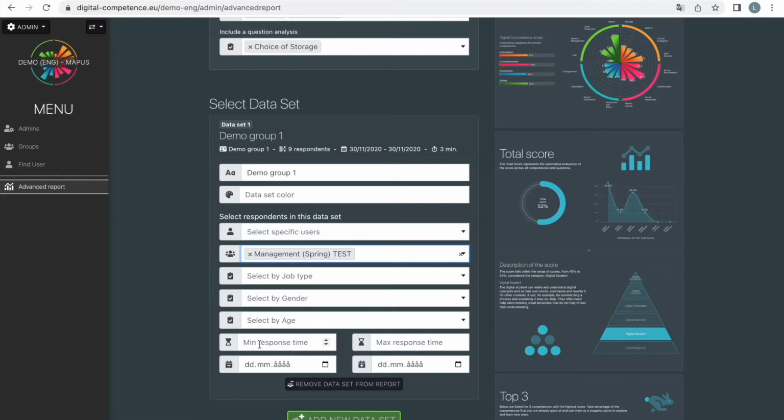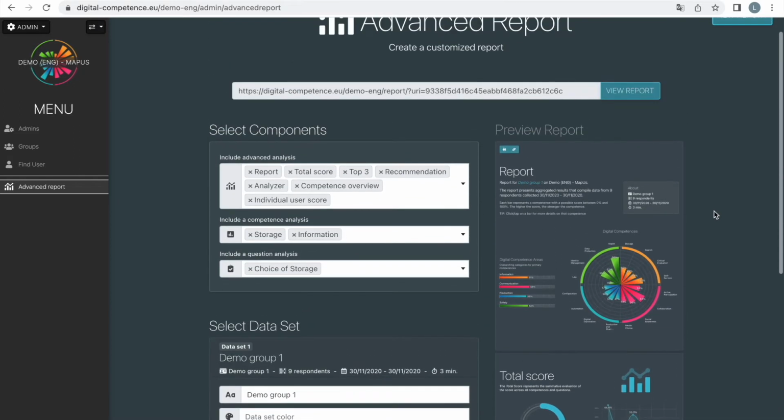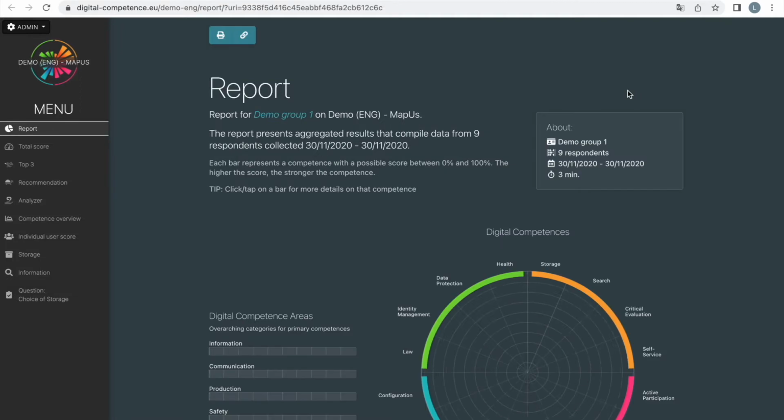Here you have minimum, maximum response time. You can also filter it by dates, whatever you want. It's very important to remember that your report is dynamic, which means that when we press here, view report,